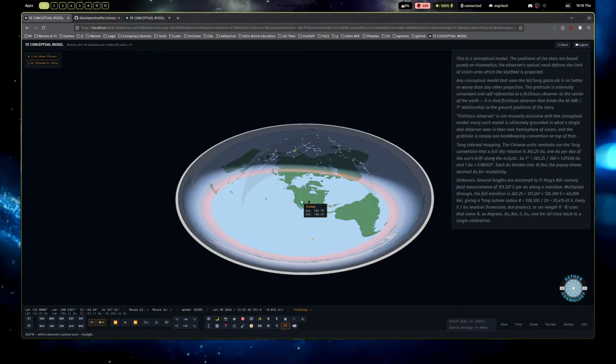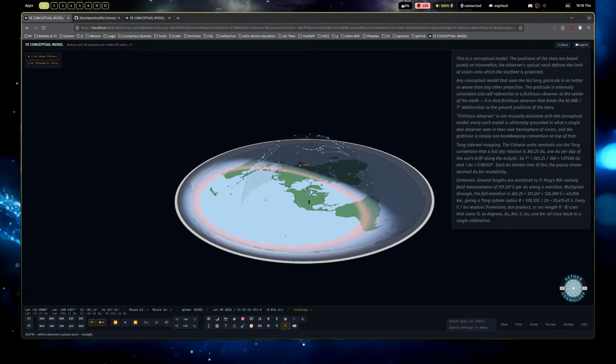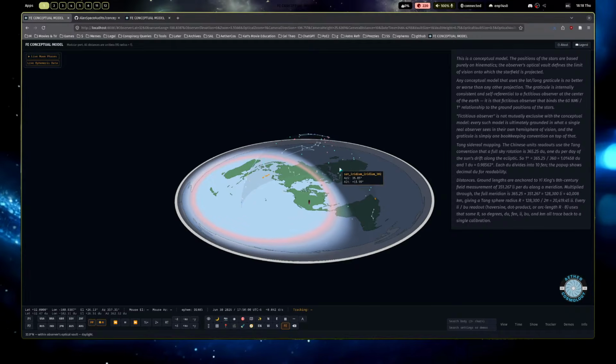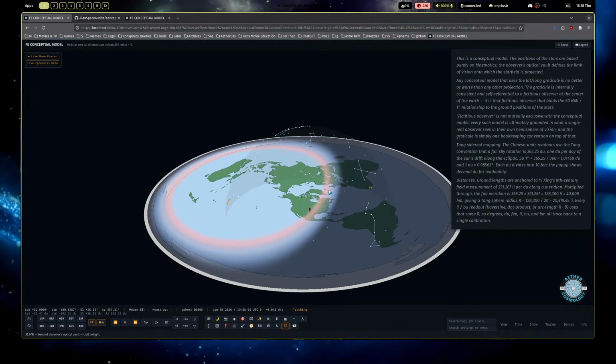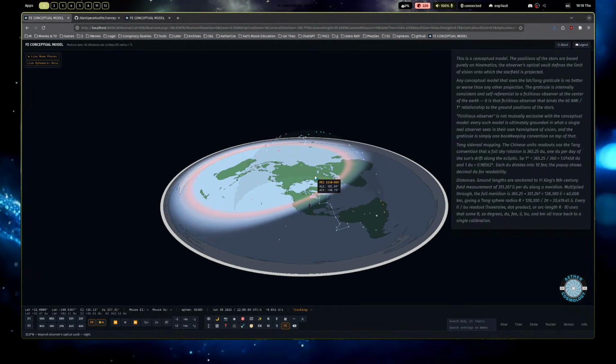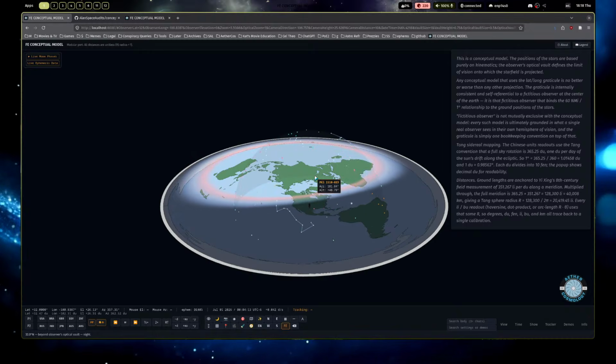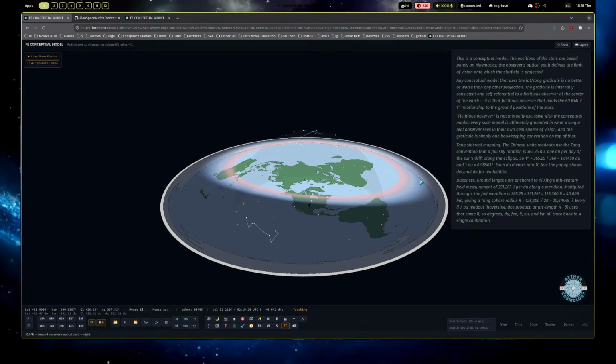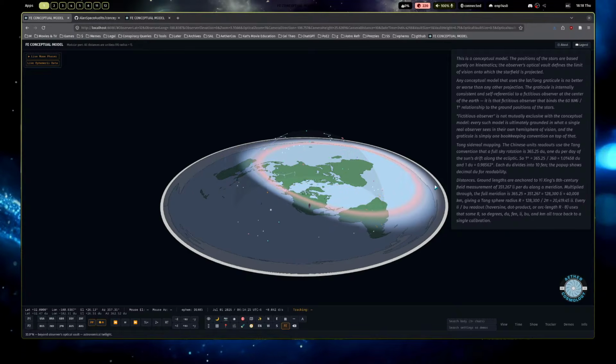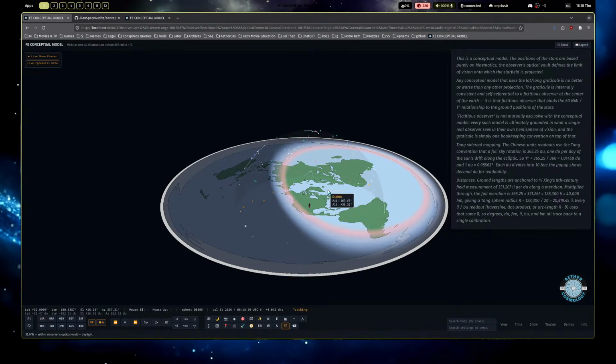And so when we say that units of measurement are part of the graticule itself and now it's internally consistent, well, the purpose of this model was to show that relationship by just taking the angles and time and not asserting any units of like distance or radius values or anything like that.